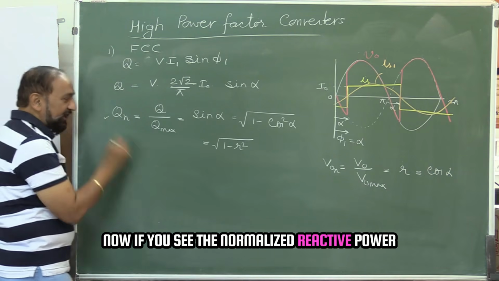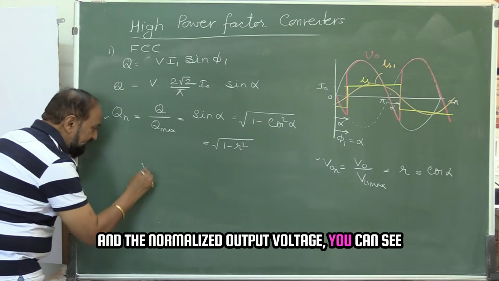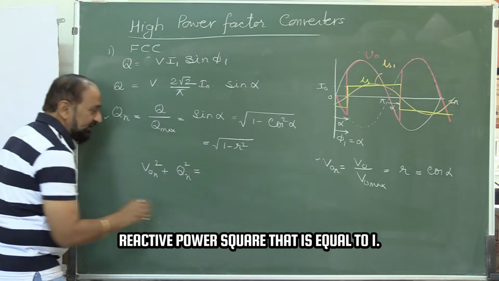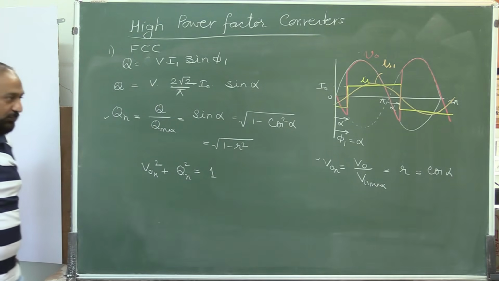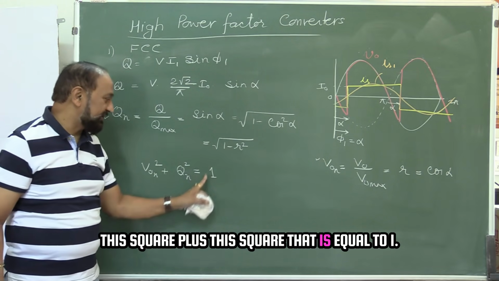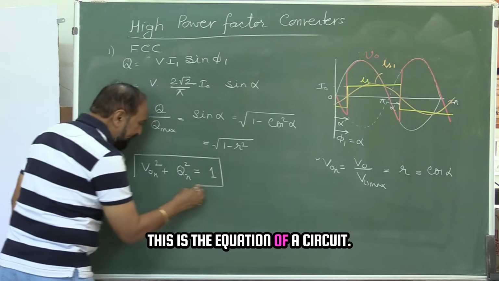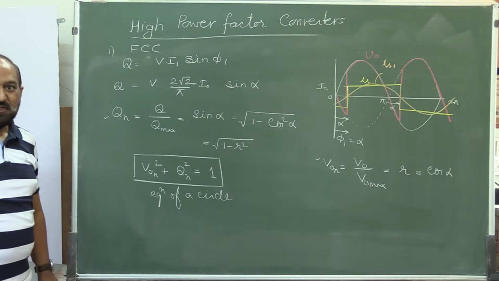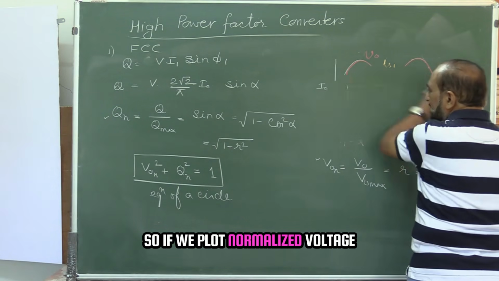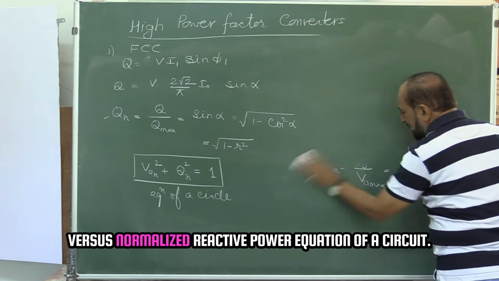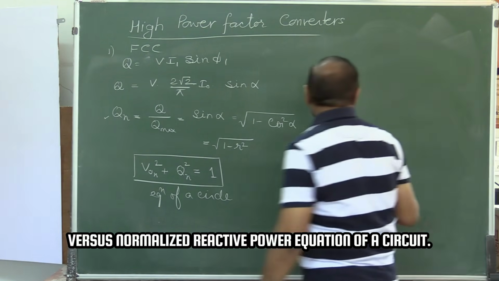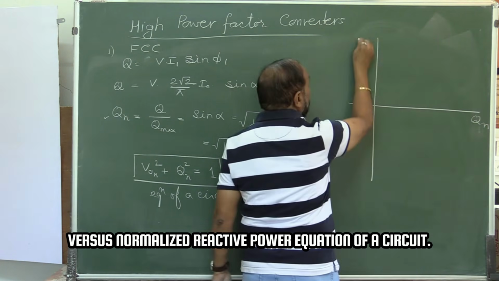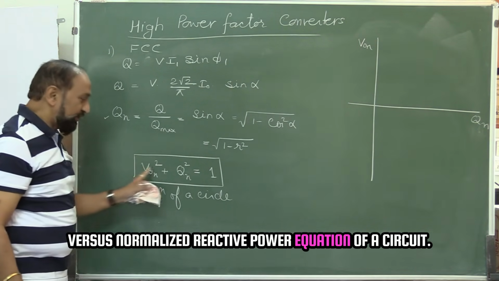Now if you see the normalized reactive power and the normalized output voltage, you can say normalized voltage square plus normalized reactive power square, that is equal to 1. This square plus this square, that is equal to 1. This is the equation of a circle. So if we plot normalized voltage versus normalized reactive power, equation of a circle,